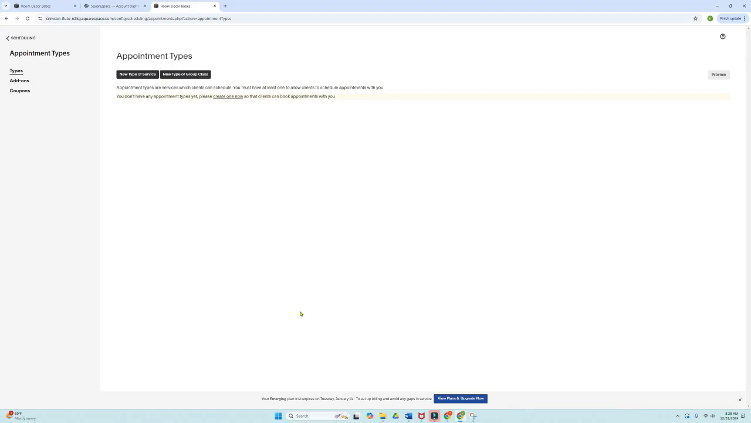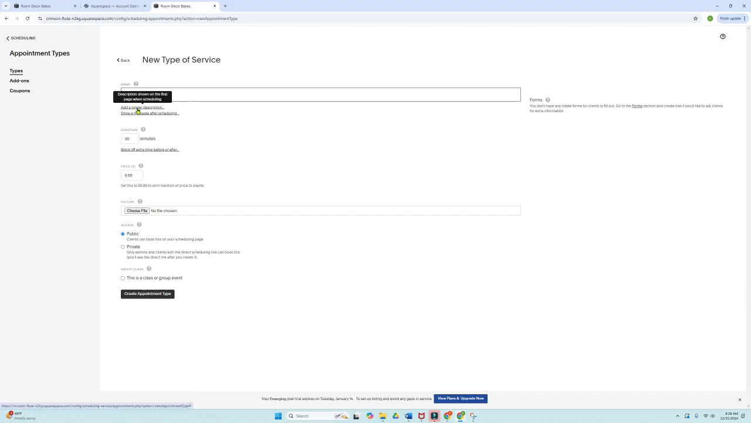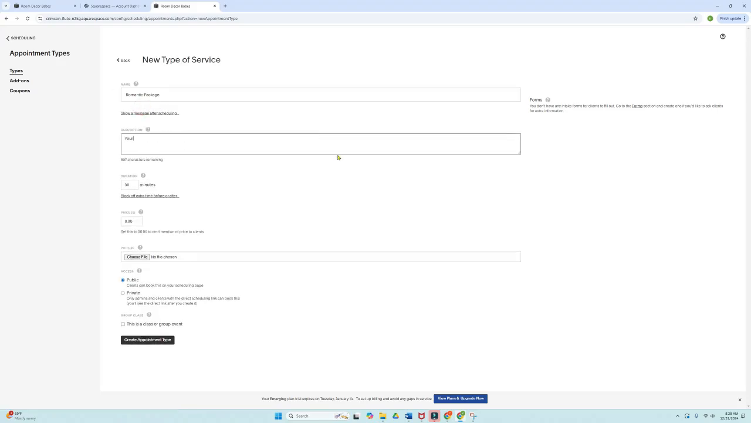We'll add in a birthday package and a romantic package. Click here for new type of service. And let's put in our romantic package first. Click here to add a longer description. For duration, you're going to determine how long you're going to enter here, how long it will take you to do this particular setup in minutes. So we'll put in